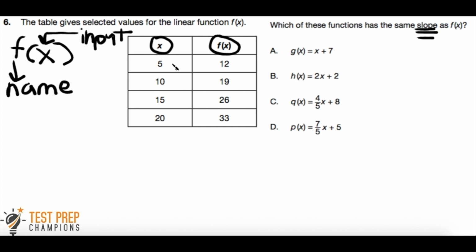So if you put 5 into the function, you get 12 out. If you put 10 into the function, you get 19 out. And if you put 15 in, you get 26 out. Okay, so one way to think about it would be to imagine a vending machine where if you put